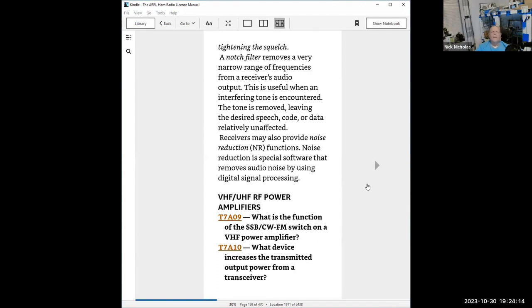The purpose is, if you have some noise on one little pecky spot, a notch filter will let you notch out that little spot. So instead of selecting a portion of the band that you're going to listen to, it picks one little spot in the band that you're not ever going to hear, or hopefully not hear. And so all of those are a part of your noise reduction system for